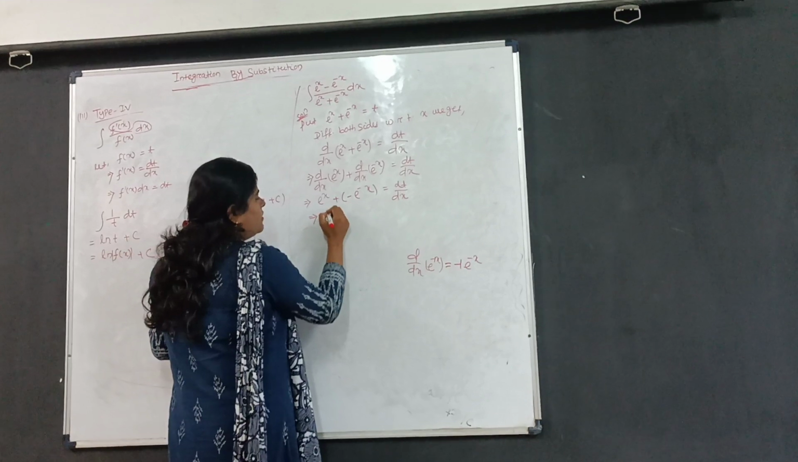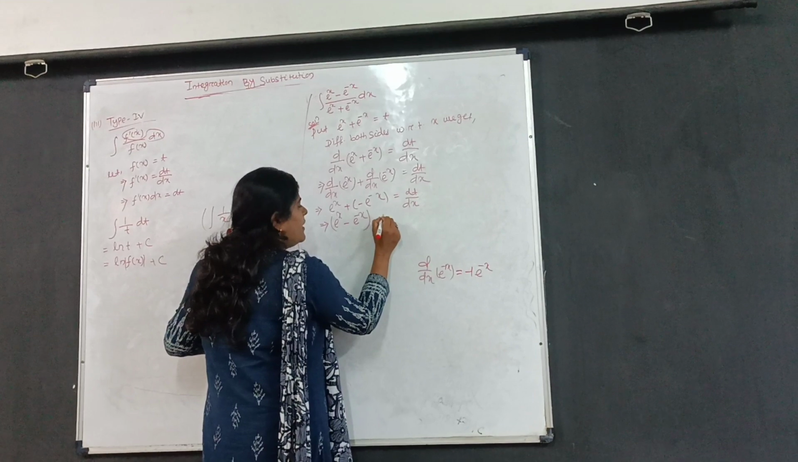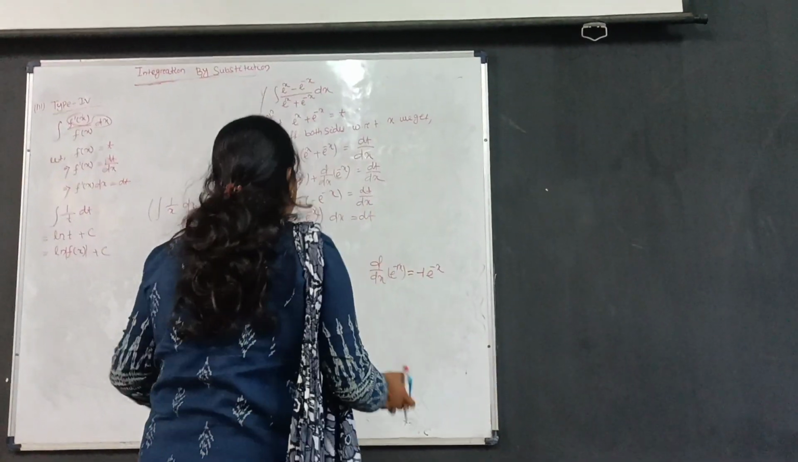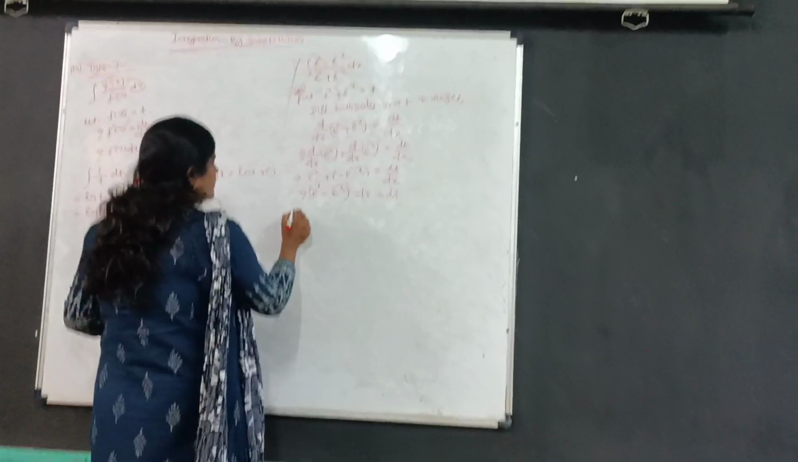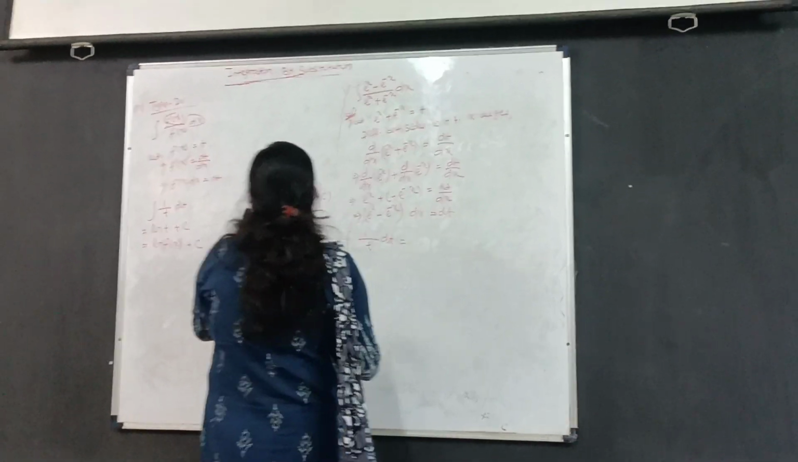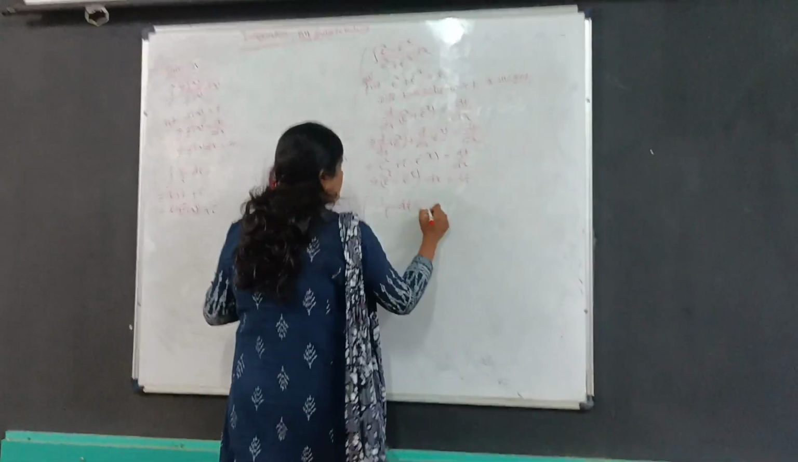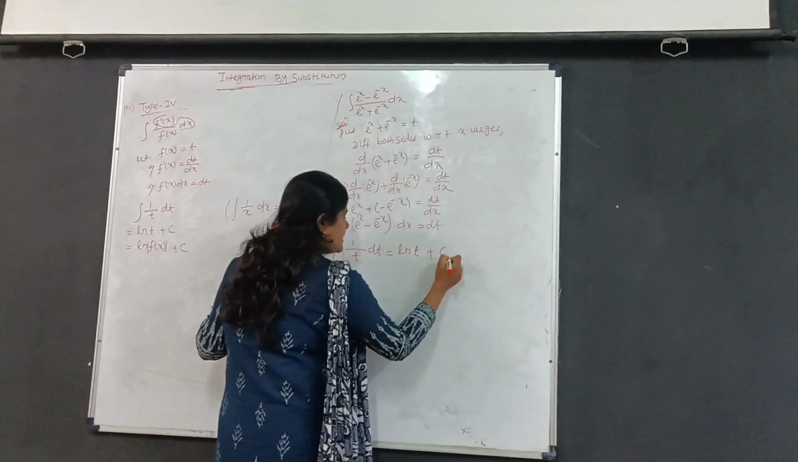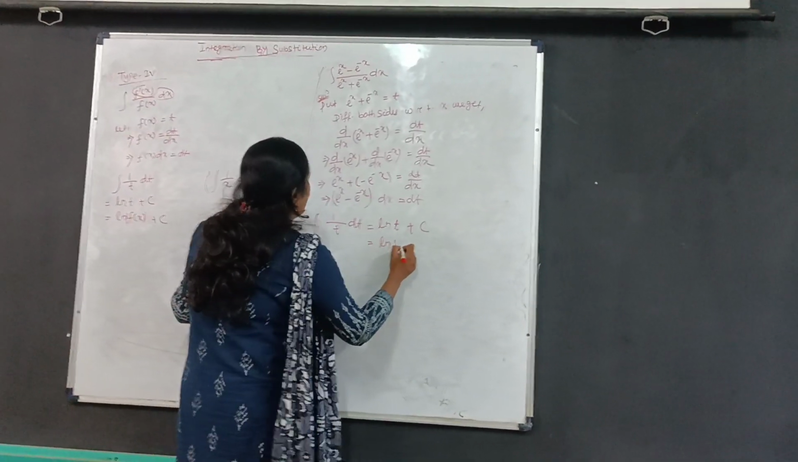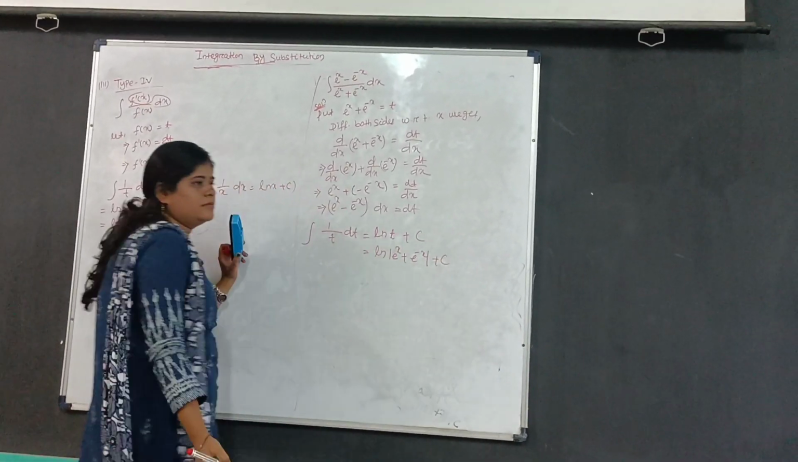That implies e to the power x minus e to the power minus x whole into dx is equal to dt. Then this integration is converted to integration of 1 by t dt. Already we know that integration of 1 by x dx is equal to ln x plus c. So this term is converted to ln t plus c, which is equal to ln, where t we take as e to the power x plus e to the power minus x plus c, which is our